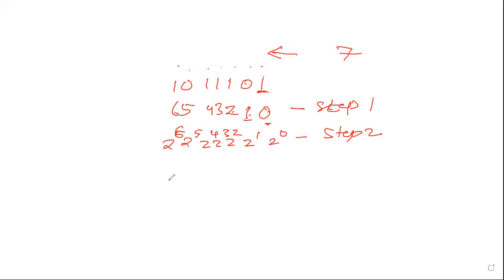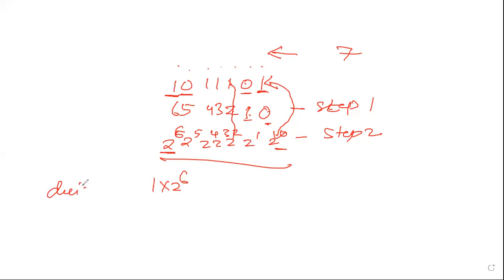Now we will multiply and add. How will we multiply? This is the digit. You multiply it with the position weight. 1 will multiply with 2 to the power of 0. Wherever you are seeing 0, do not multiply, because that will always be 0. This one will get multiplied by 2 to the power of 2. And after that, we will write the whole expression. This one will get multiplied by 2 to the power of 6. In decimal, we will write the decimal number as 1 into 2 to the power of 6 plus this is 0, so I'll write 0 into 2 to the power of 5.